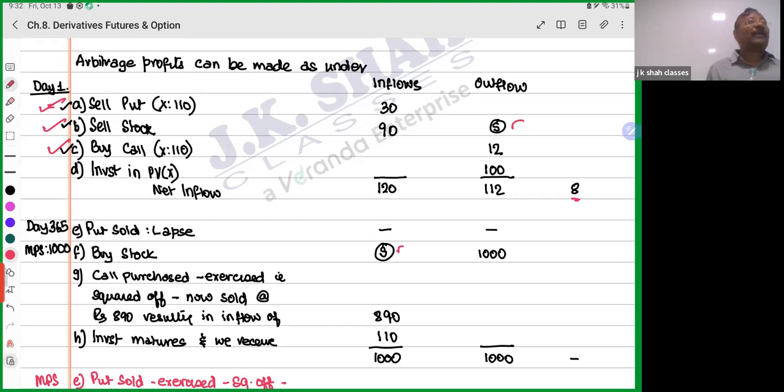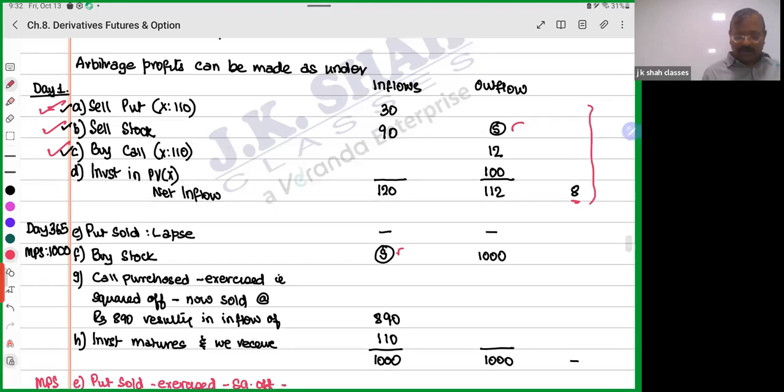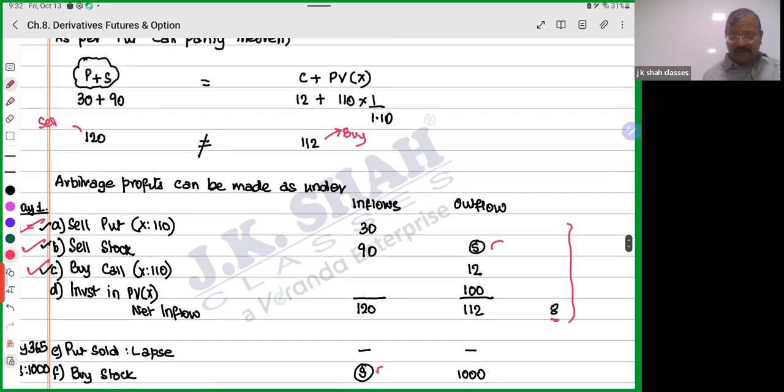If it's a 4-mark question, then you just say arbitrage profit of 8 rupees is to be made by selling put, selling stock, buying call and investing in PV of X. बस उतना ही. आपको ये you don't even have to show this, क्योंकि ये 8 रुपया तो आपको इधर से ही पता चल गया ना,